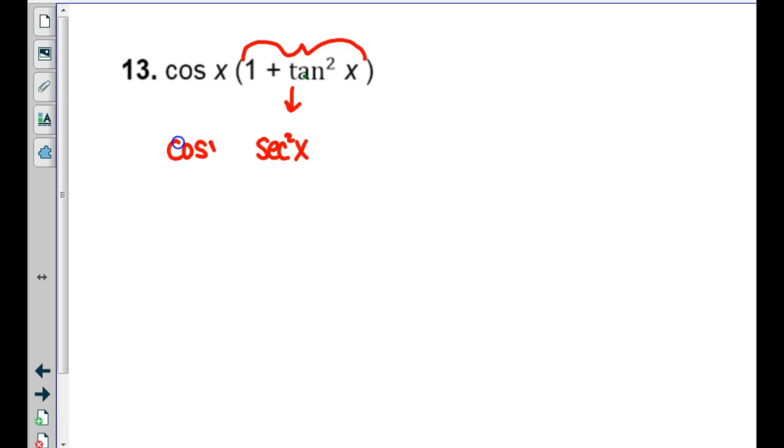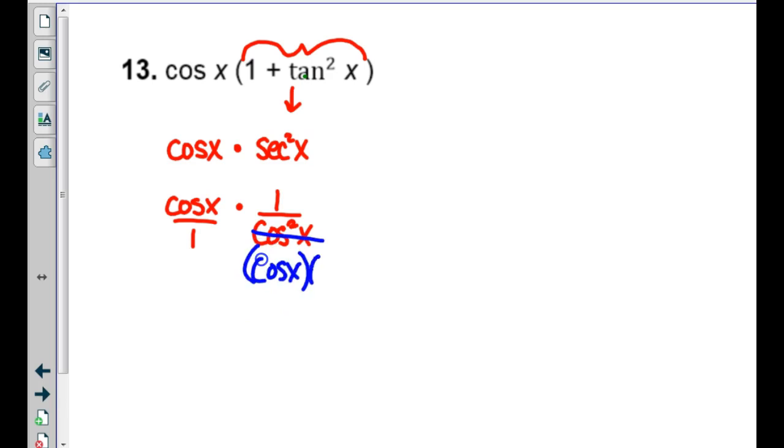And on the quiz, you need to make sure that I can follow what you did, okay? Now, what do you want to do with a secant squared? Okay, so this one is staying the same, and this is 1 over cosine squared. And then since this was over 1, what could we do? Yeah, cosine squared, everybody's clear that that really means cosine times cosine, right? You don't have to write it out like that. I just want you to understand that if you cancel one of them, there's still a cosine down there. So we end up with 1 over cosine, which is